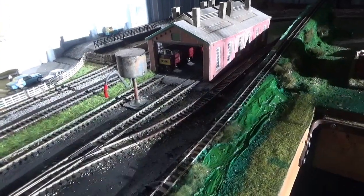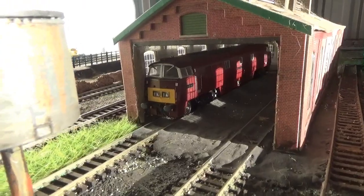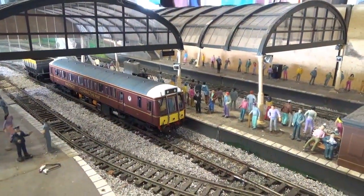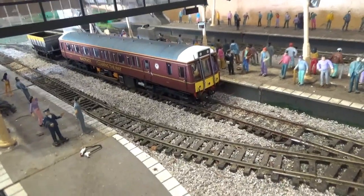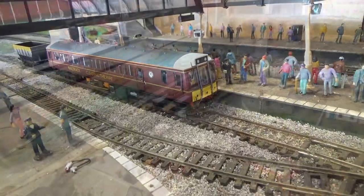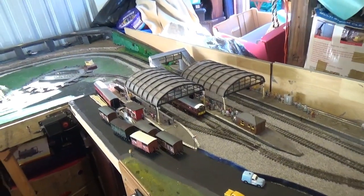Now in the engine shed on the layout we have the Dapol Class 52 Western, which lives on the layout inside the shed. And then we have the most recent addition to the layout fleet, the Dapol Class 121 Bubble Car in the Railtrack maroon livery. So that's basically it. That's my locomotive fleet as it is at the end of 2017. It will grow in the new year,